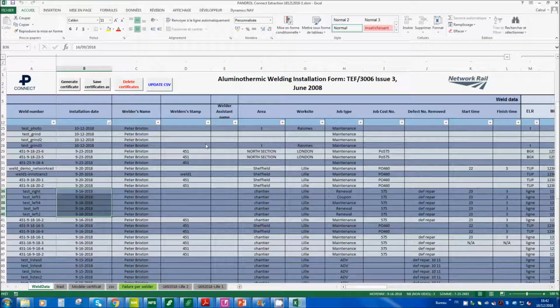Of course, these certificates do not contain everything. You don't get the pictures, for example, but that could be one good transition file while waiting for your clients to be confident to use the main Pendrol certificate.